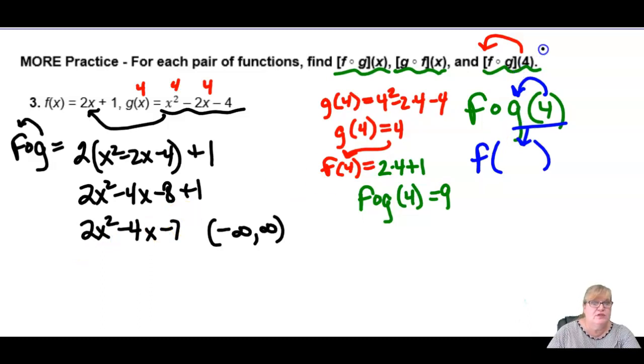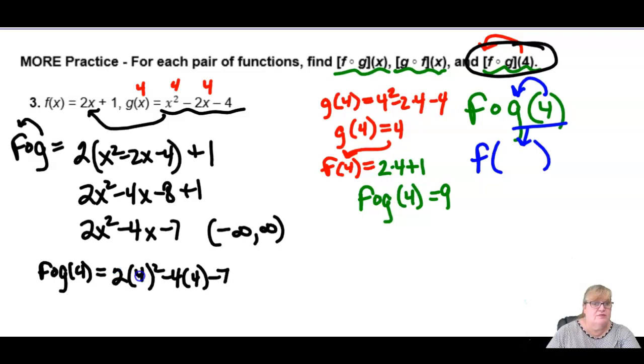So before I do the other one, we're supposed to find f of g of 4. So if I wanted f of g of 4, I could put a 4 into that. Four squared is 16, and then times 2 would be 32. This would be 16 minus 7 is 9. Okay? So if you already had to evaluate f of g, putting the 4 into that evaluated function is pretty easy. But if you didn't have to do that and write all that, you could have just put the 4 into g and then that answer into f. And that's what we did over here. All right, we still need to finish